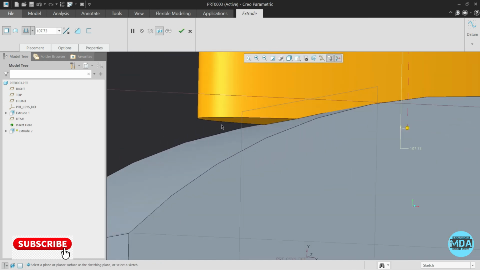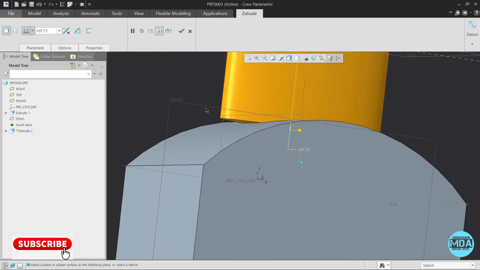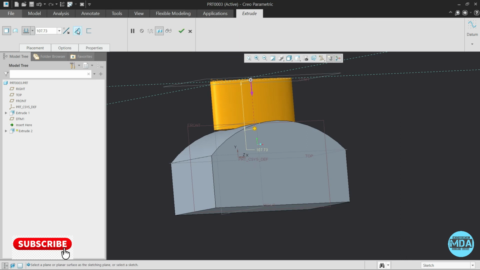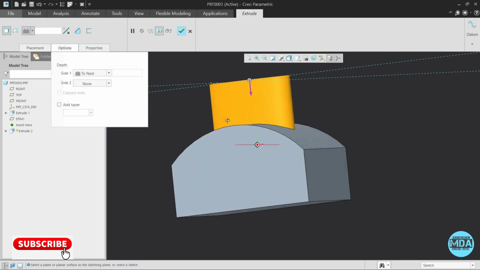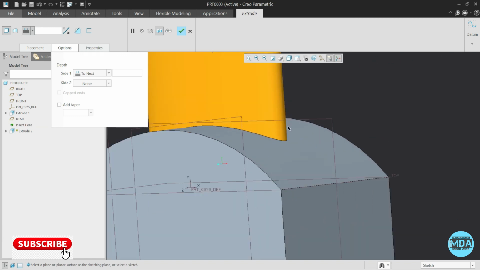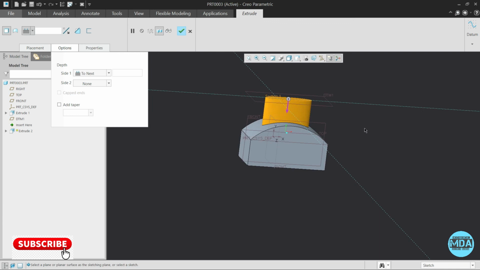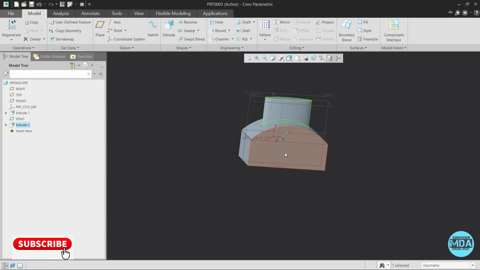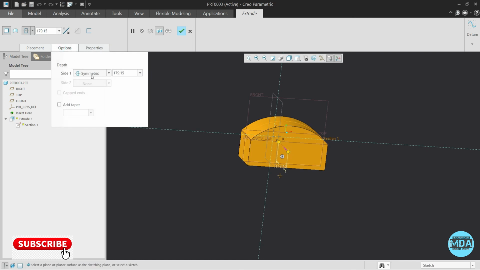Now you can see that some gap is there. At that point you can choose the proper depth. Here you can choose the next option, so that the feature will be extruded up to the next surface. In detail, here I am editing one block and it is in thicken.